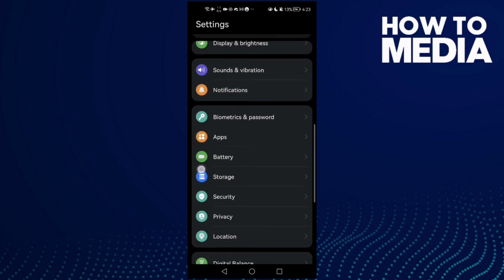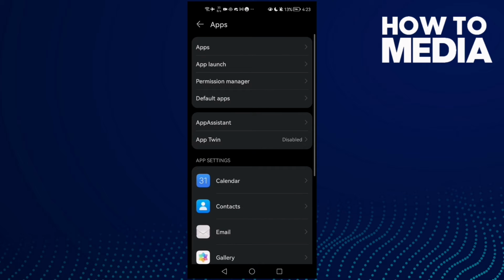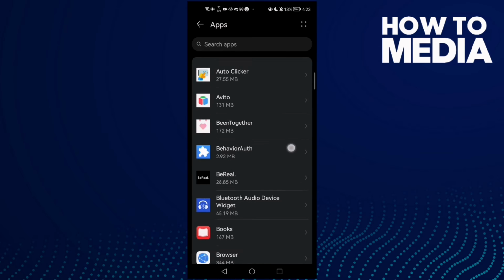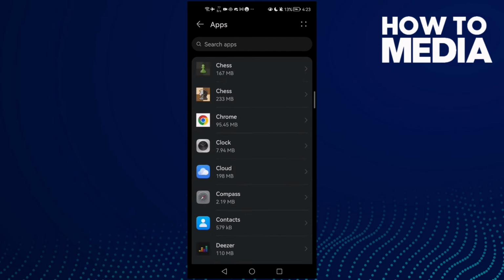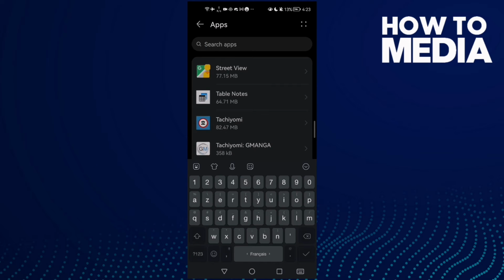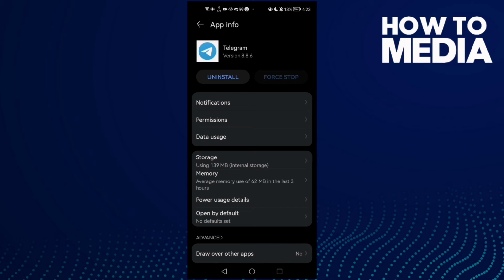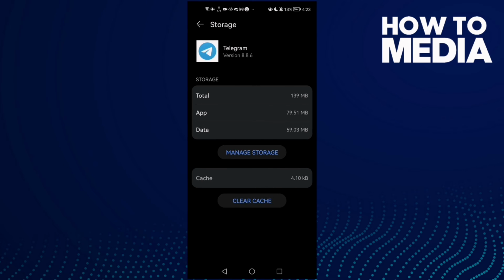and scroll down until you find here apps, and then click apps or applications. Just click on it, and here you will find all your installed apps. Now just type here Telegram and click on it, and here click settings and then click clear cache, and after that